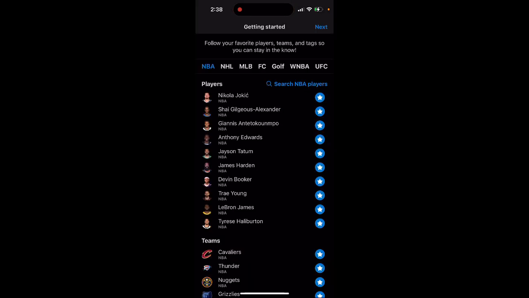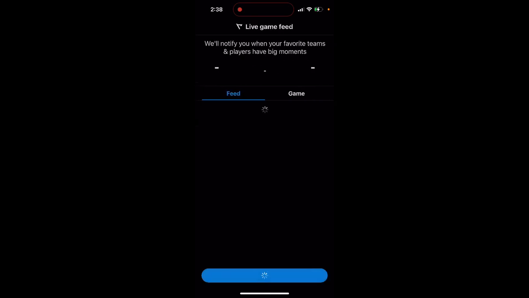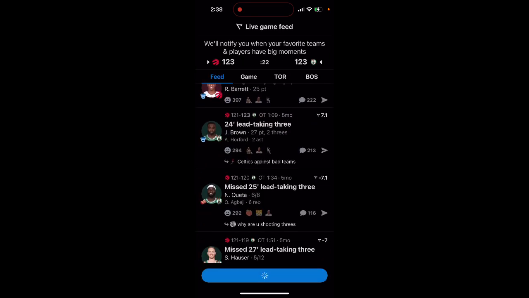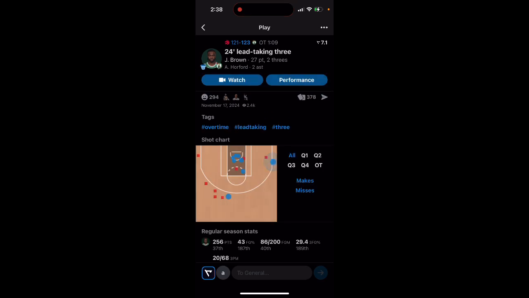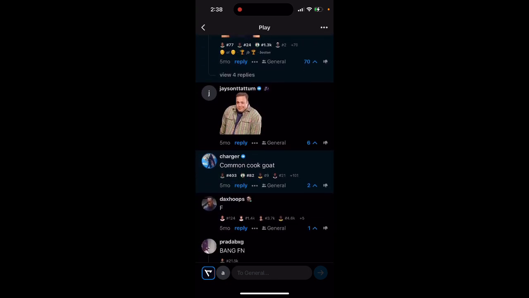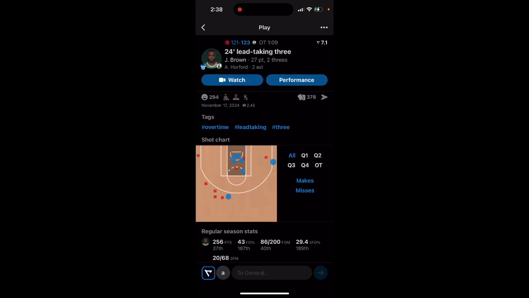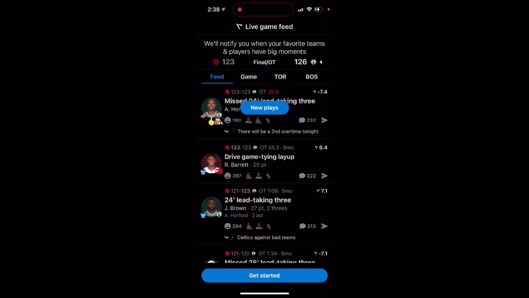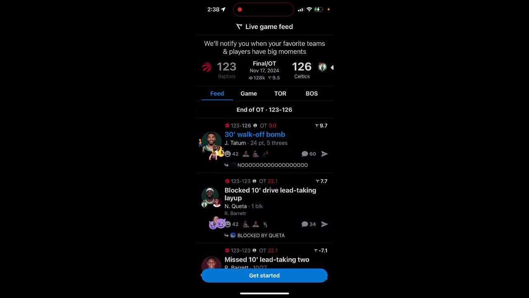Now after you create your account, you have these players. You can favorite them, and then, welcome to Real Sports. Then you can see your feed in a specific game, and then you can just go and see all the comments. You can see a short chart, you can see commentary, so kind of like Twitter, but then you have specific stats, specific helpful graphics, and then you can see some